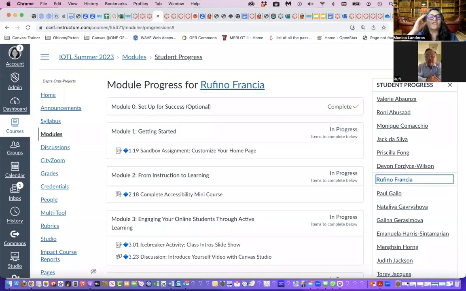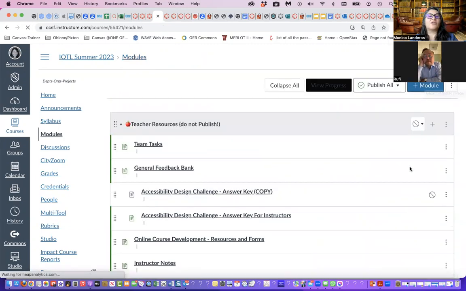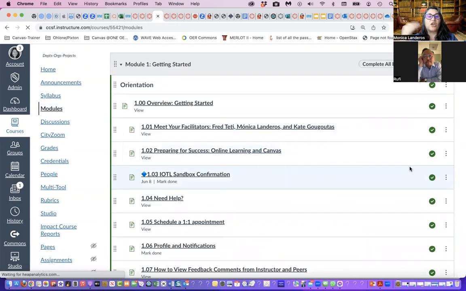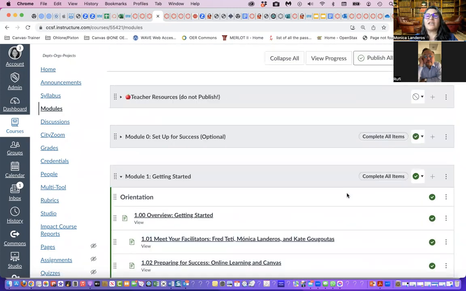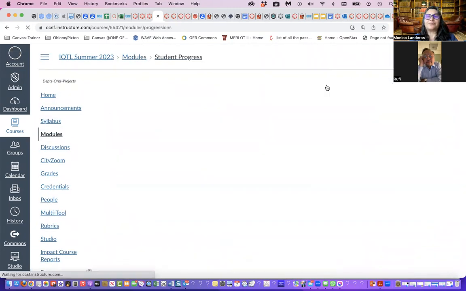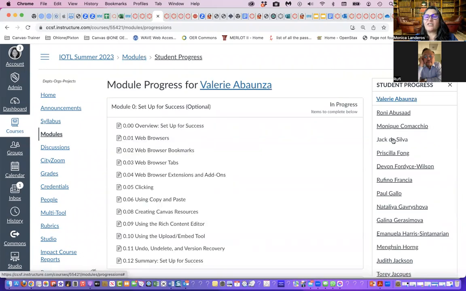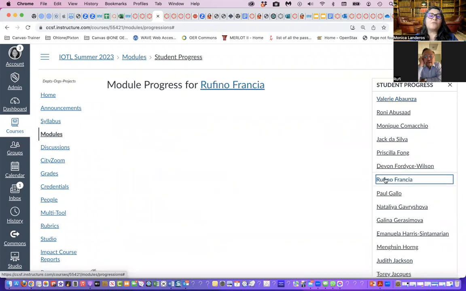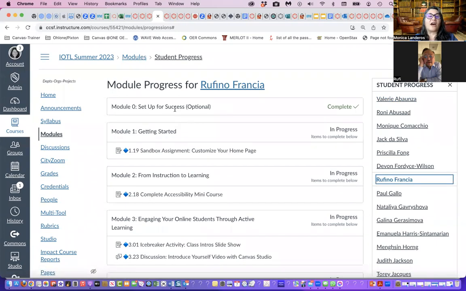So here what we're looking at is the teacher view for the progress, and I'll show you again how I access that. I'm gonna close this. So when you're a teacher and you have your students and you're wondering why a student's stuck or what's going on, you can click on this tab that says view progress. And then you can click on the student name and it will show you where they stopped,